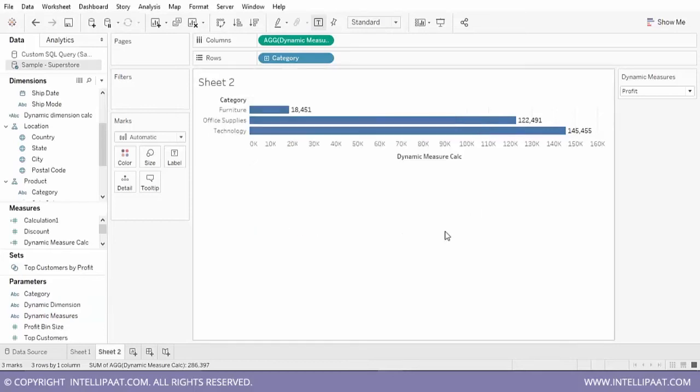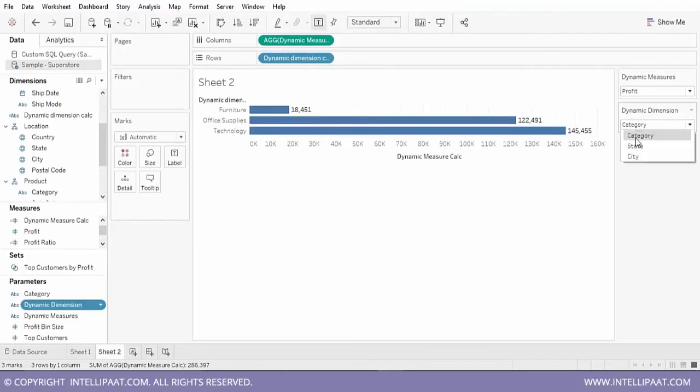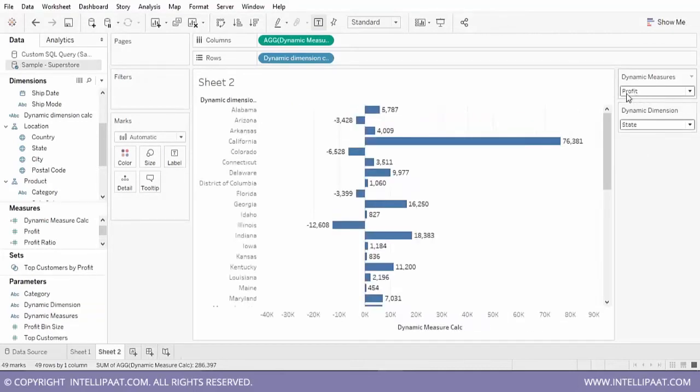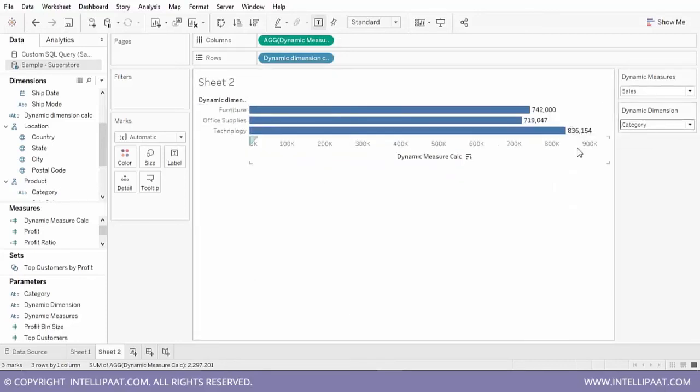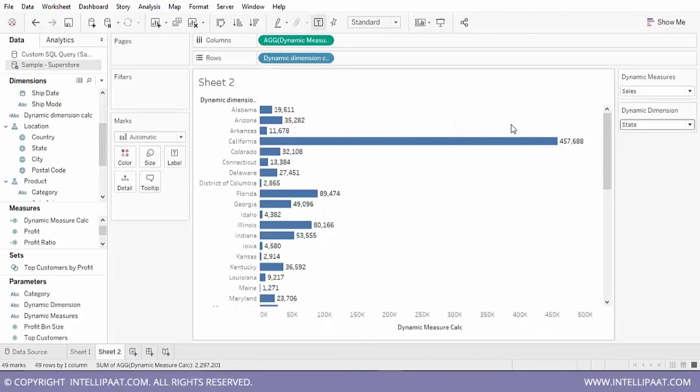So now instead of putting category over here, drag this particular calculated field that you have created. See, instead of category, if I want to see state level profit, what is the profit that is being displayed for each state? If you want to see for each state what the sales are, then change the measure, and now it is showing you each state and what sales you have. If you want it to be category, then select category from here. So for each category, this is the sales value. For each state, this is the sales value. So for dynamic dimensions or measures, whenever you want to give the dimension and measure selection to the user,